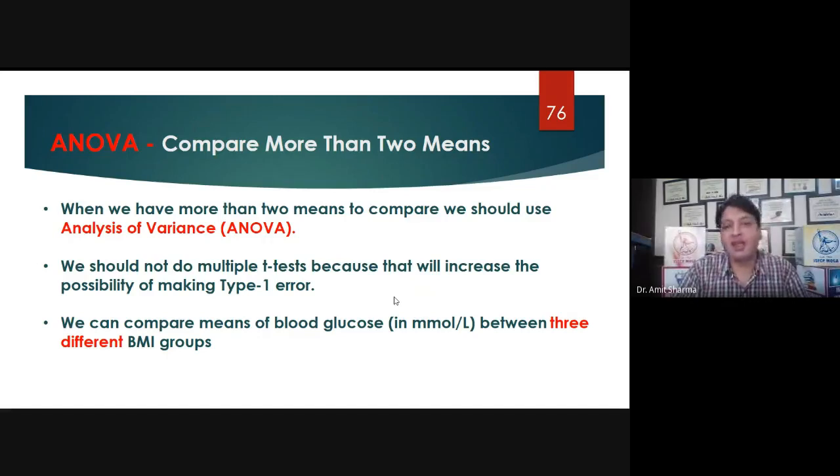For this test, I have taken the example of blood glucose level, and I'm going to use an independent variable, BMI, which has three different groups. So the same data set I'm going to use.